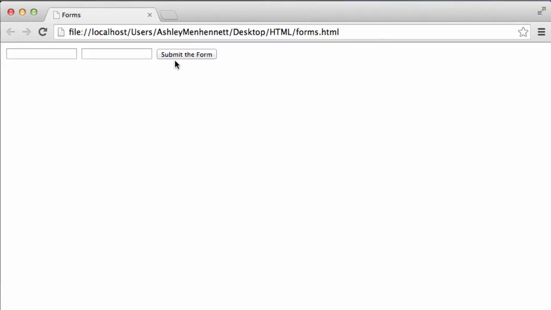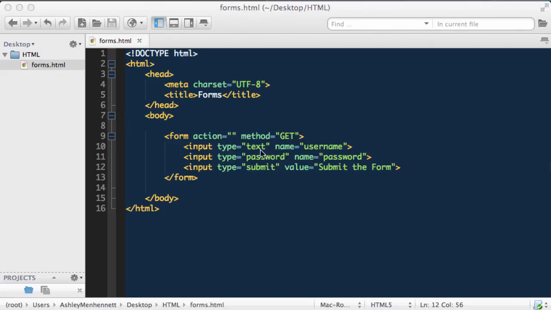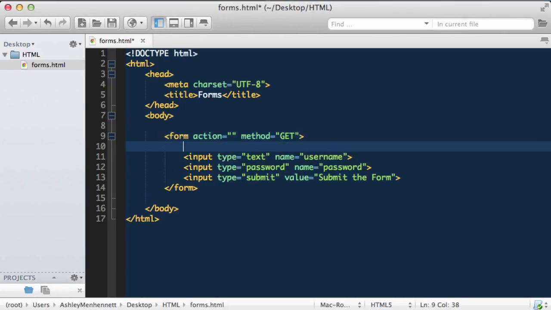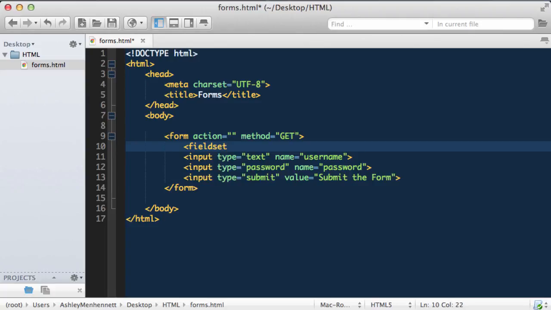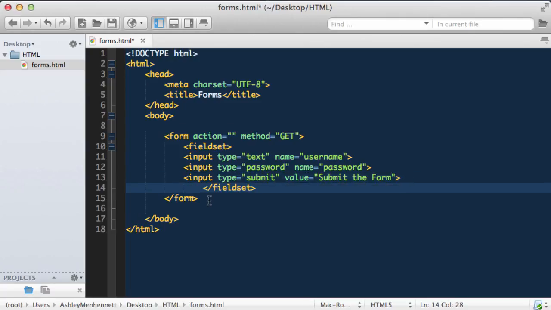And now we have submit the form rendered on the button. Right, so now let's take a look at field sets. A field set is used to group related inputs. It's denoted by the opening and closing field set tags. Just going to cut this closing field set tag and put it down the bottom just before our closing form